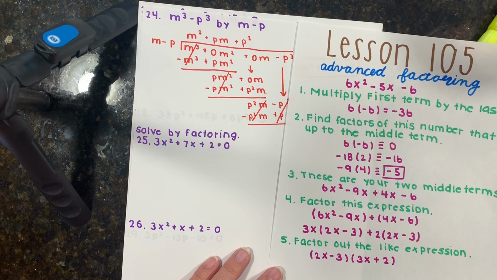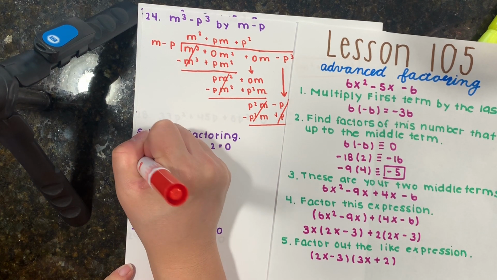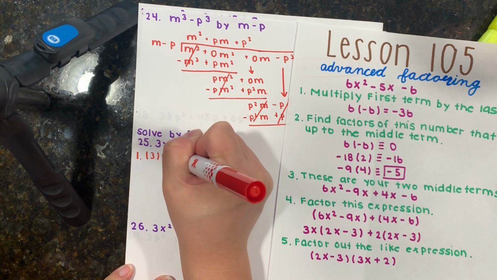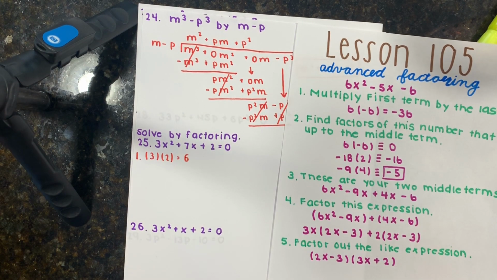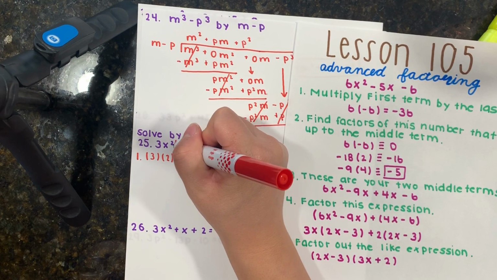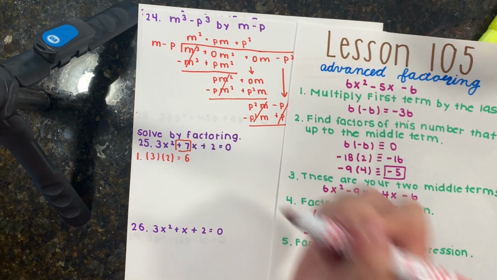So what you're going to do first is it has to be set equal to 0. And then you're going to start by multiplying the first times the last term. So in this first one, I have 3 times 2, which is going to give us 6. Now what I need to do is find the factors of this number that add up to the middle term. So I need my factors to add up to